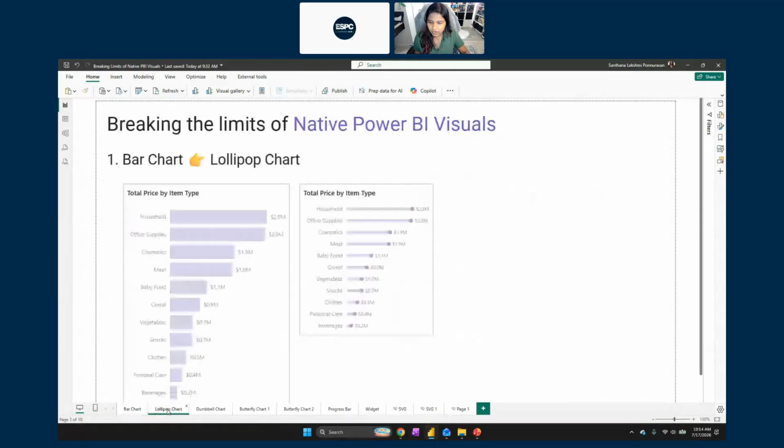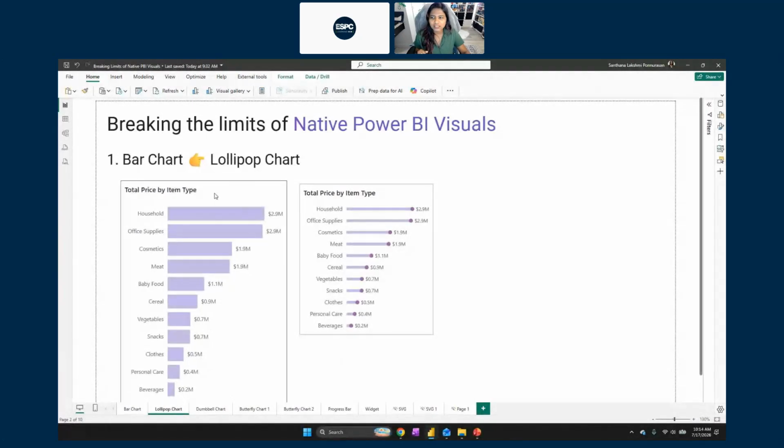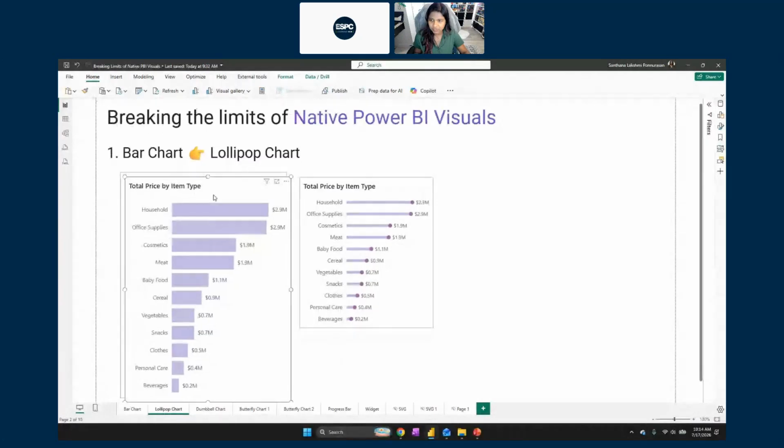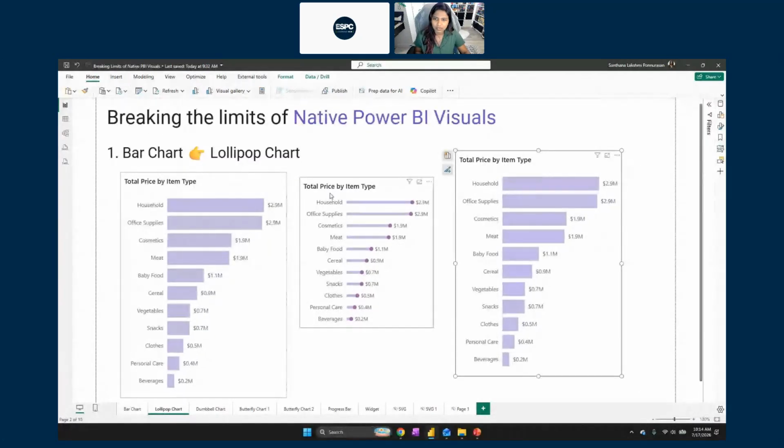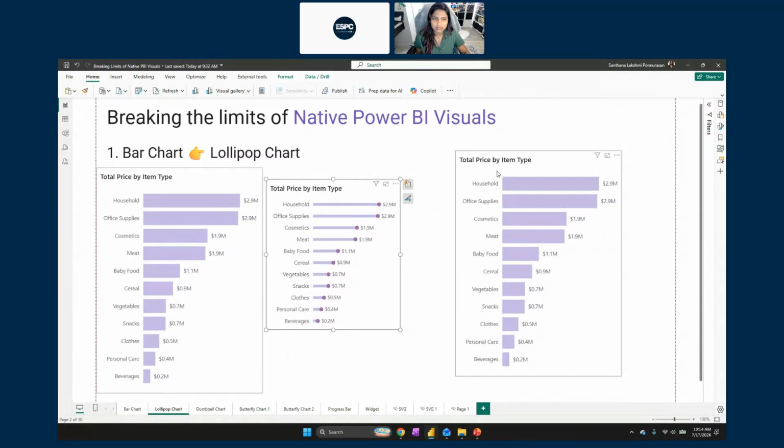Next, we're going to talk about lollipop charts. First, let's know why do we need to know about lollipop charts. Now, imagine this visual on the left. This is a visual that I have. Let me just push these this side. Now you see how I have like 8 to 9 item types. Imagine I have like 10 to 12 item types, and imagine these huge bars just blocking the entire visual. My entire report is going to look a little cluttered.